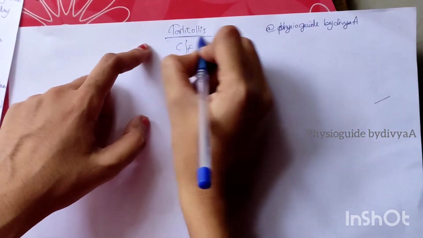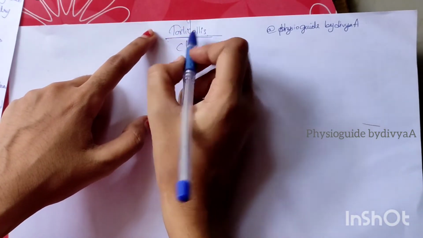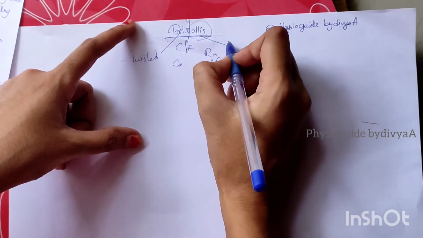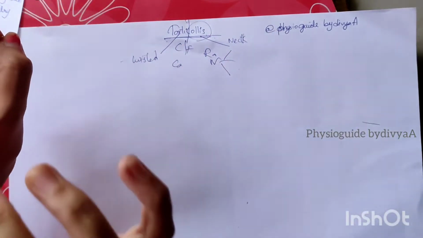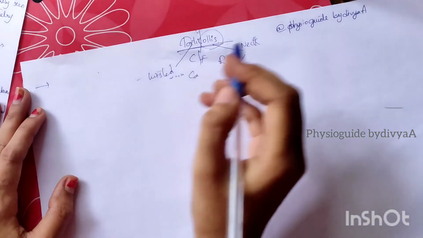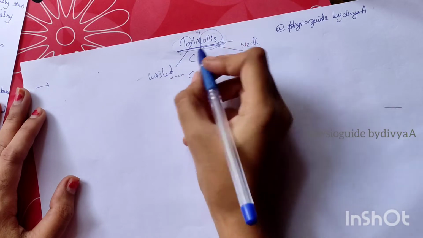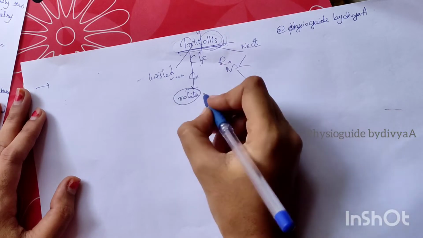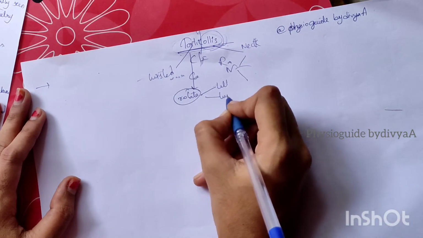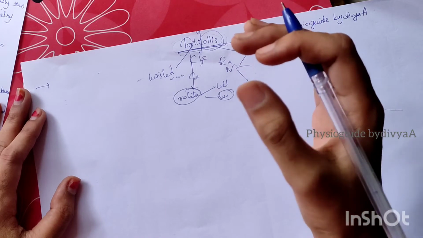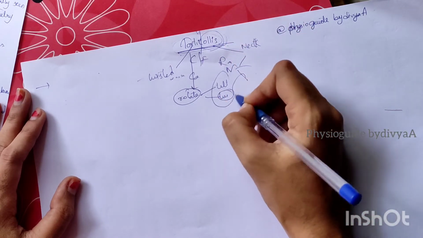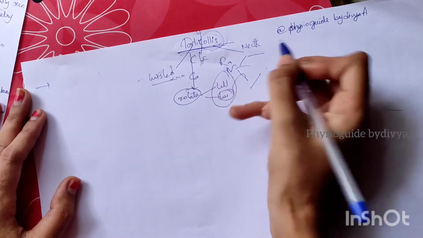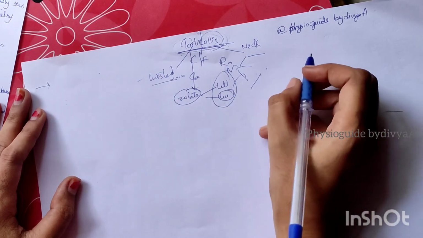In short, torticollis comes from the Latin words: tortis means twisted, collis means neck. In short, we can say it is a twisted neck. It is defined as a rotational deformity, meaning they cannot rotate the head properly, so we can see the head and neck tilting and turning to one side. So in short, we can write it as a twisted neck, a deformity rotated and tilted to one side.